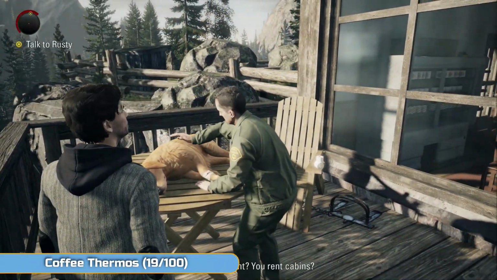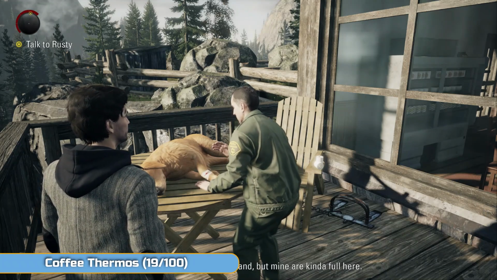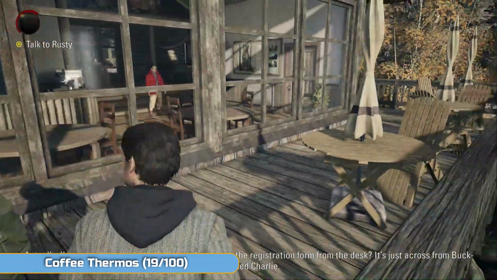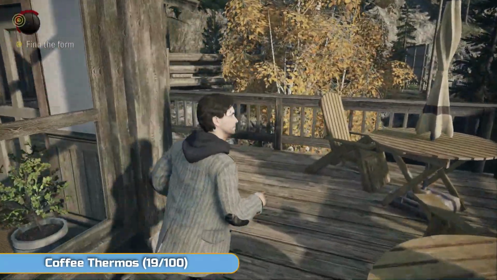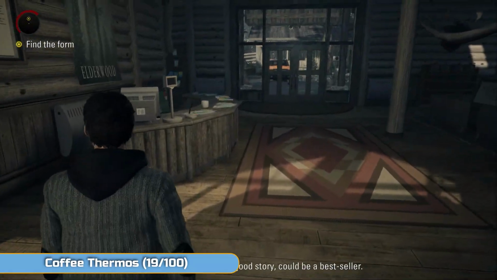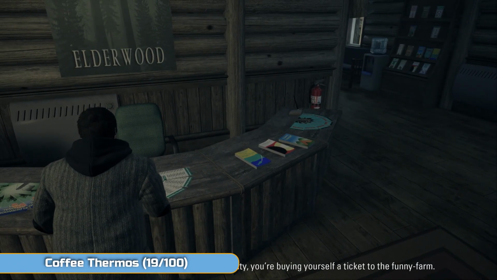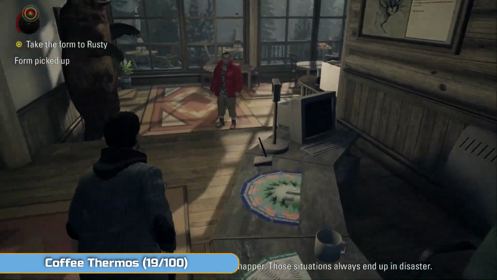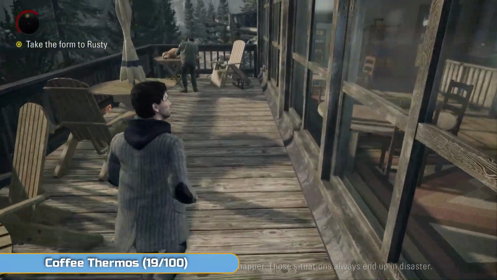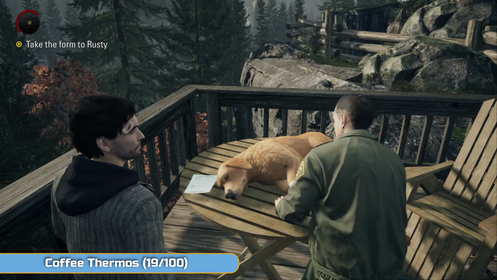You've got to do a bit of back and forth here with Rusty. He's going to look after this dog, which has obviously been captured by a bear trap there. I'm not sure, I think his injuries would be a bit worse than that if a bear trap had got him, but there you go. It's going to tell you to find the form and bring it back to him. Barry's going to be shouting at us the whole time as we walk back and forth. You can just ignore him or listen to him if you want. And then turn in the form, and you're going to get the keys,